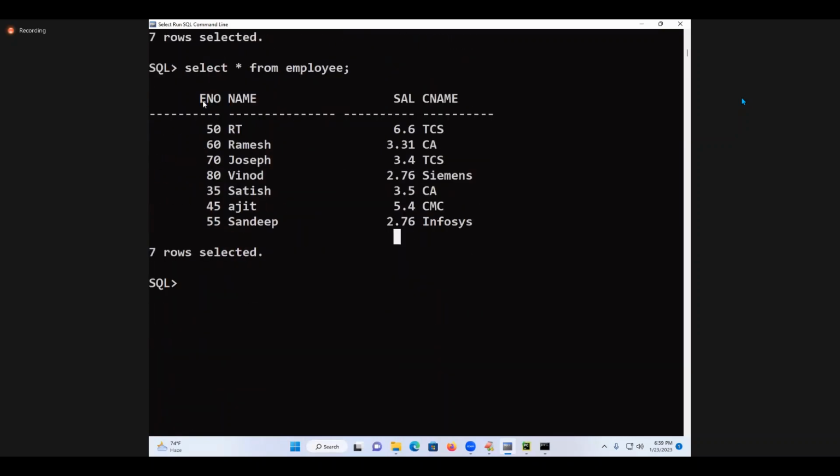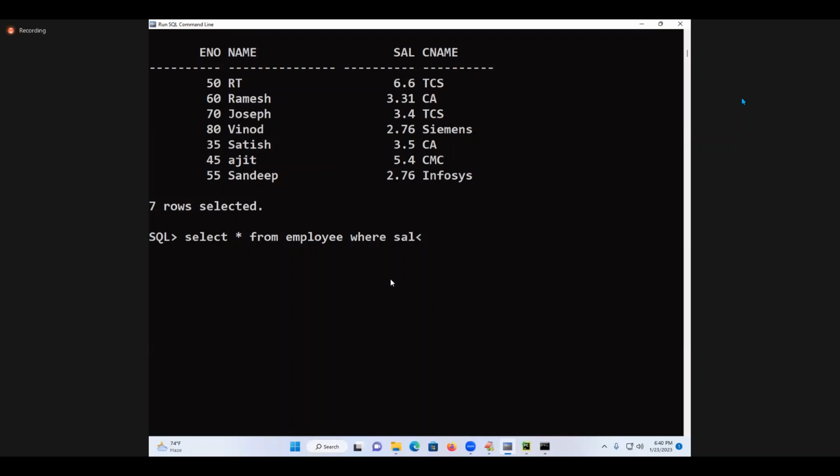This is called getting everything. I want to do conditional based reading. I want to get those records whose salary is less than 3 lakhs. I want to see those employees' details whose salary is less than 3 lakhs. How do you write it? Same to same. Select star from employee where